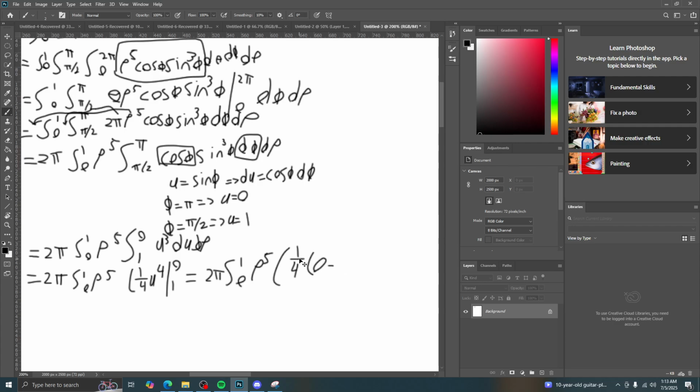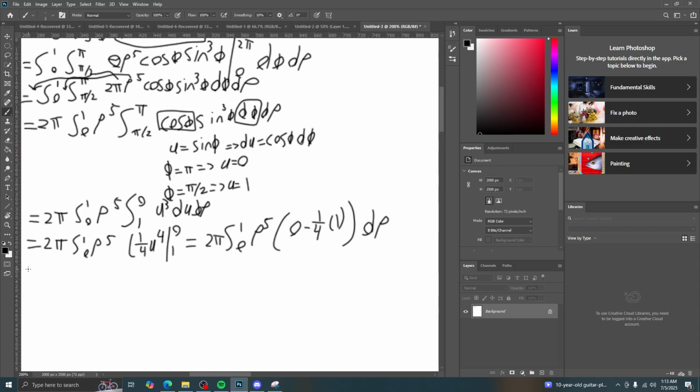Sorry. No. 1/4 times 0 is 0. Minus 1/4 times 1. It's going to be negative 1/4. And then d rho. You could have done it the way I was writing it before, but I don't want to. And then the rho integral, times negative 1/4